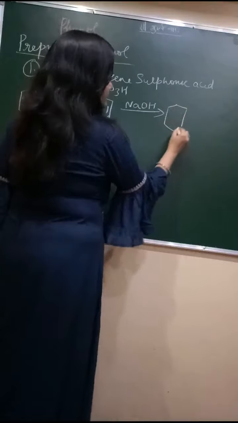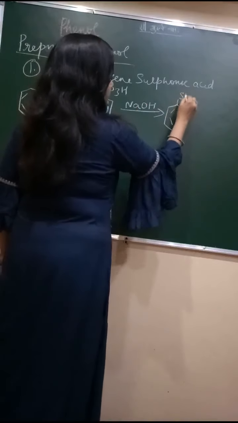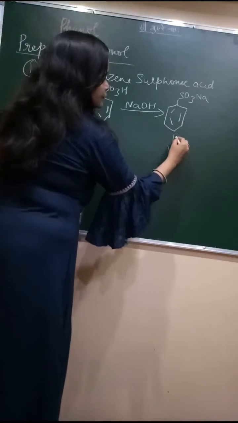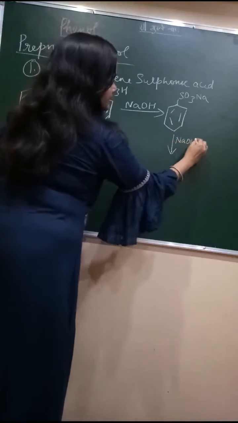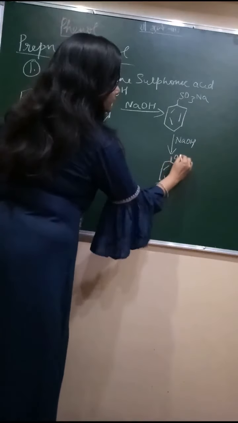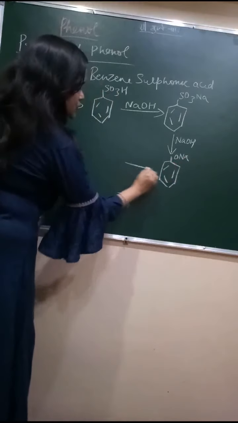Then what is formed is sodium benzene sulfonate. Then when it is further treated with NaOH, the compound formed is sodium phenoxide, which on